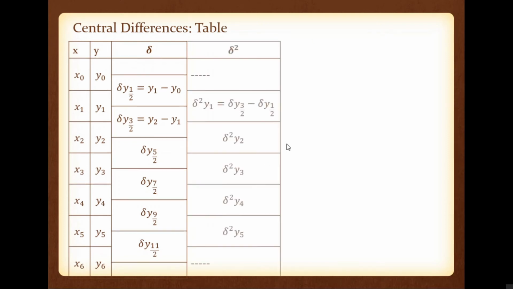The remaining part is theta square. Theta square is the middle of each data. So the middle point of 3 by 2 and 1 by 2 is 1. So theta square by 1. Similarly, middle point of 5 by 2 and 3 by 2, that is 4 by 2, that is 2. Theta square by 2. Like that way we have to proceed. So after all even columns are aligned with each other, that means corresponding to y1 we have theta square y1, corresponding to y2 we have theta square y2, like that way. And similarly each odd elements are also aligned with each other.